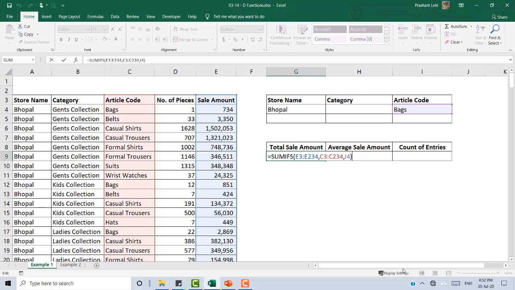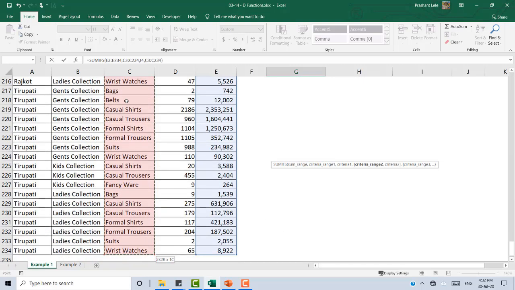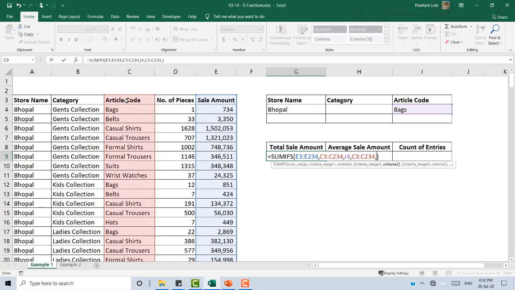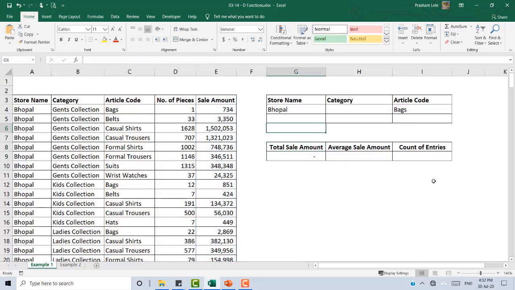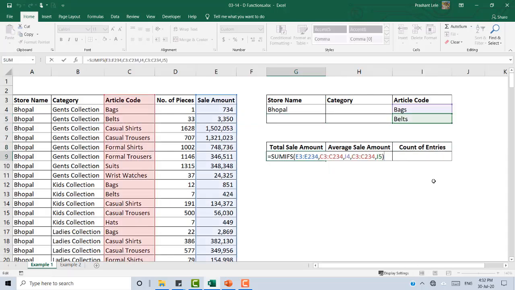But what if I want to see the total of bags and belts, bags plus belts? In SUMIF I cannot do like this. Again I'll select the article code, and this time I'll select belt, and I'll just copy belts here. See, I cannot do this in SUMIFs.